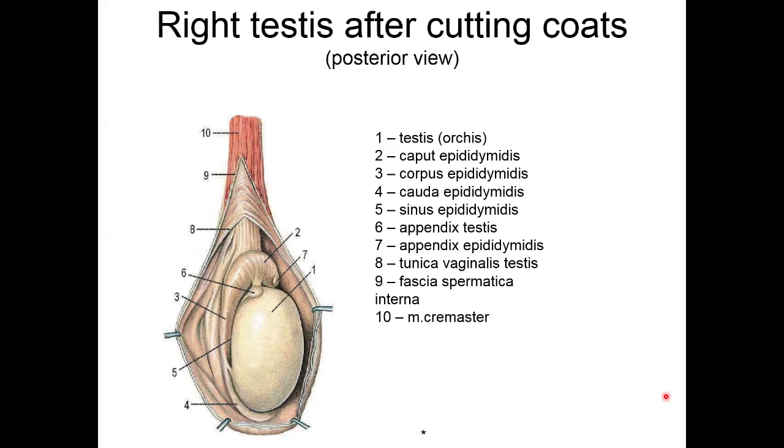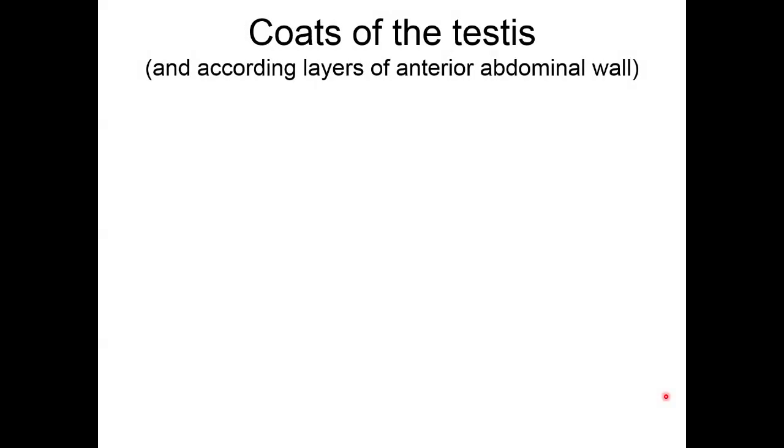So let's prolong this question on another side, and exactly the question is coats of the testes, and according to them, layers of anterior abdominal wall. We can say that inguinal canal exists in men only after 5th month of intrauterine development. Before 5th month,